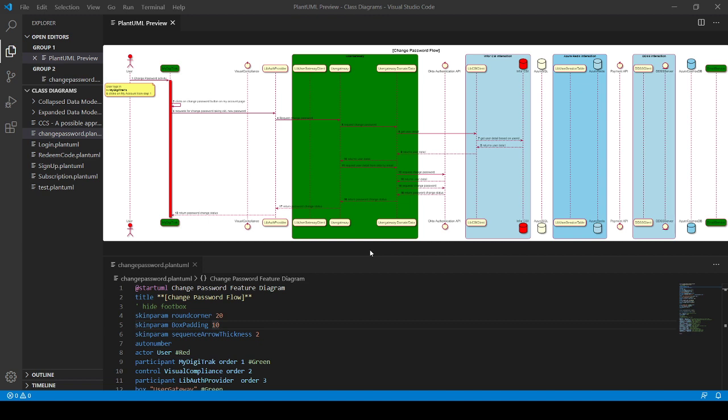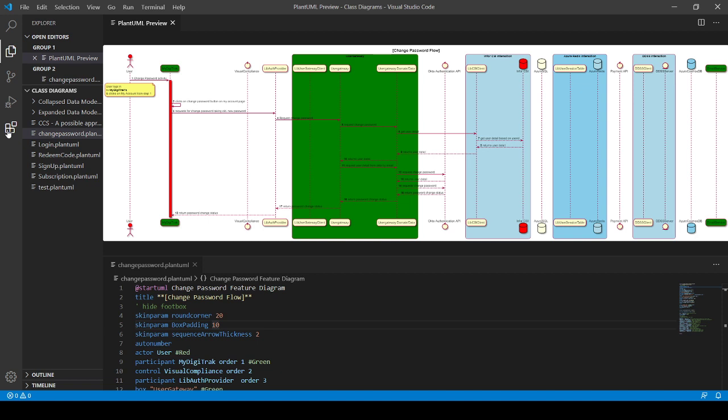So the first question is how I can use that. The prerequisite to use PlantUML is that we should have Visual Studio Code installed, we should have Java SDK installed with the path variable set in the environment variables, and apart from that we need the PlantUML extension in Visual Studio Code.